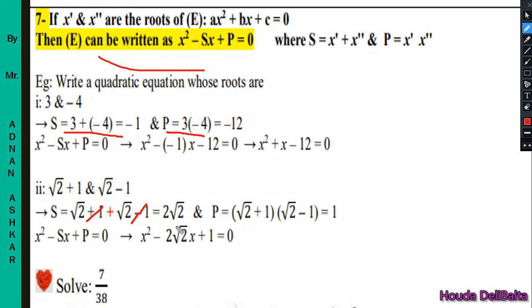So the sum is 2 radical 2. Now the product, using the method of difference of two squares, radical 2 times radical 2 is 2, minus 1, then 2 minus 1 is 1. So the product is 1 and the sum is 2 radical 2. Thus the quadratic equation is x squared minus the sum into x, so minus 2 radical 2 x plus p. So don't forget, minus the sum into x plus p. So minus before s and the plus before